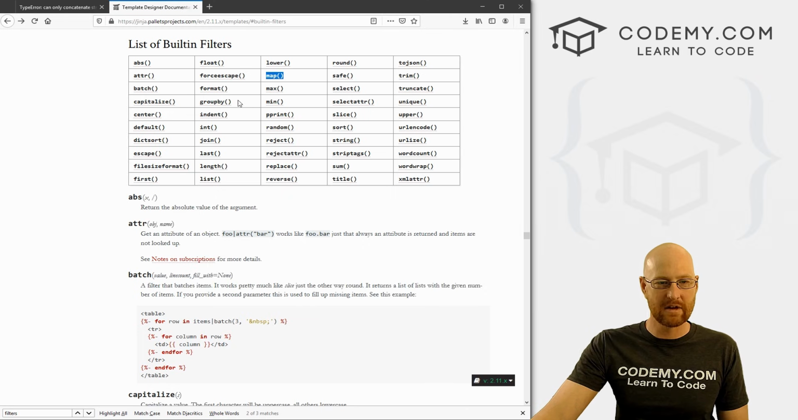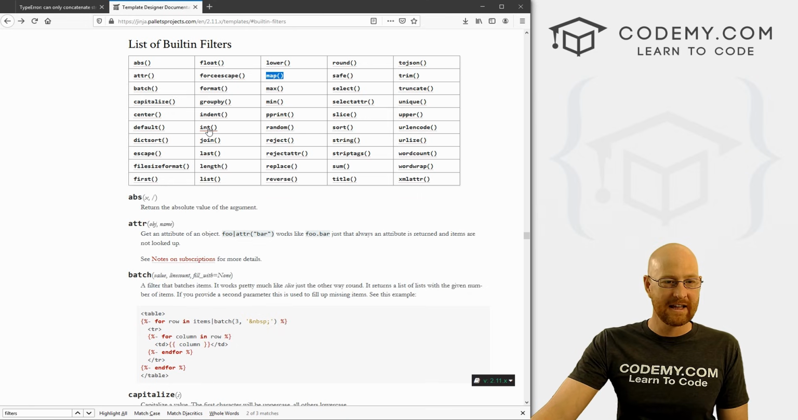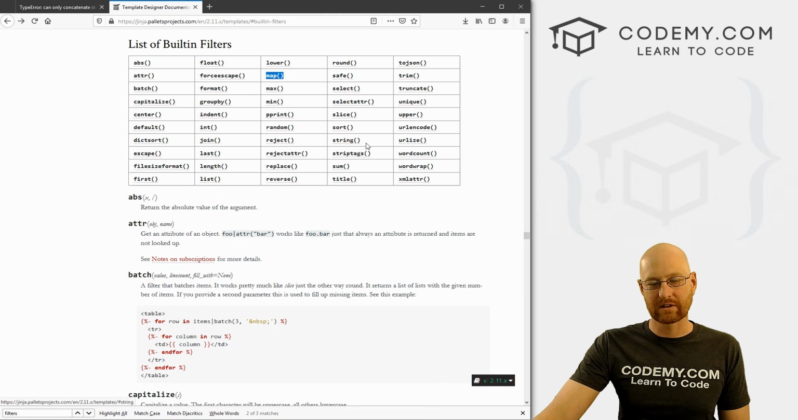That's a cool one. Min, group by, capitalize, center. Cool. Indent, that's neat. Slice, upper, URL encode. That's kind of interesting. Sort, random, that's a cool one. Int, default, dictionary, join, reject, string. We want to turn something into a string that's maybe a